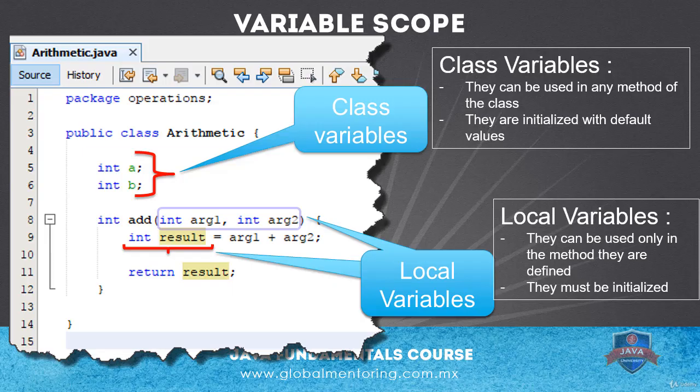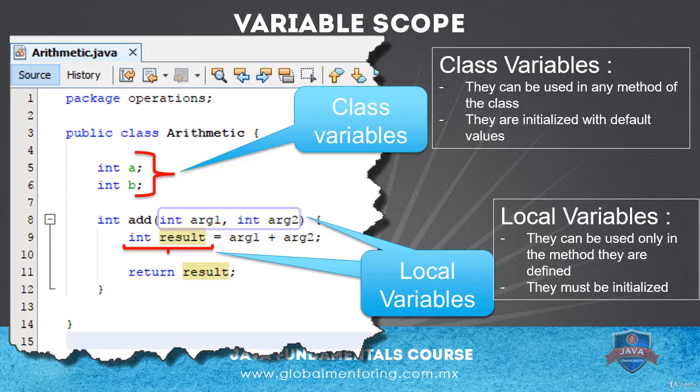On the other hand, local variables are any variable defined within a method, including the arguments that a function receives. These variables have a shorter lifetime, since they are created when the method is executed, and they are eliminated from memory as soon as the method has finished executing. In addition, local variables need to be initialized with some value, otherwise the compiler will mark an error due to the lack of initialization of these types of variables.